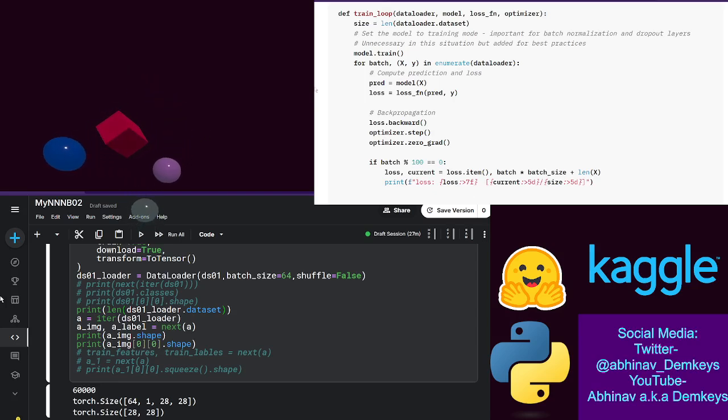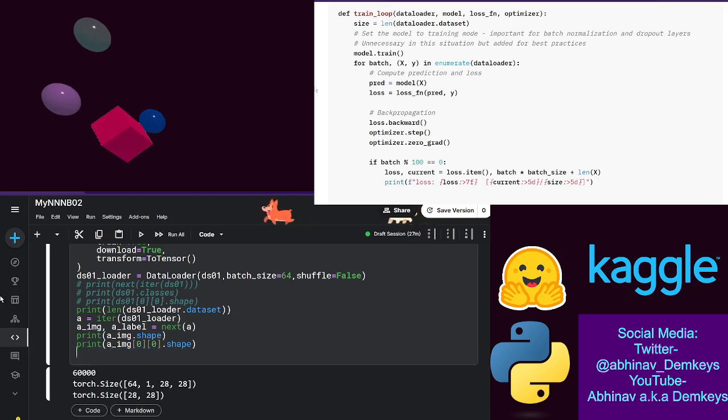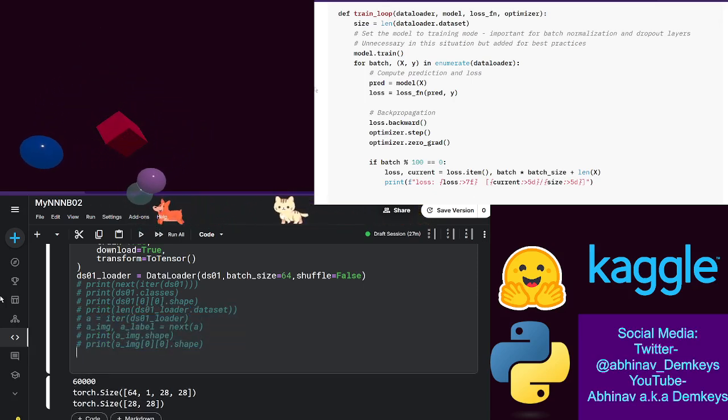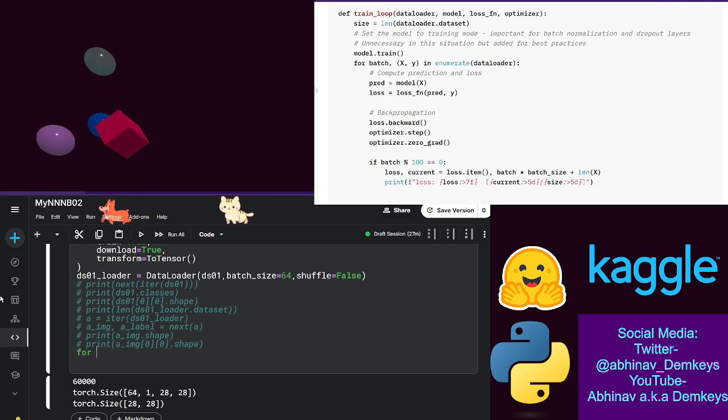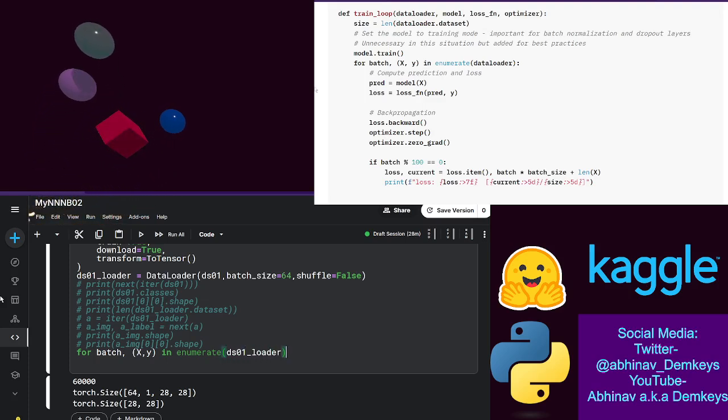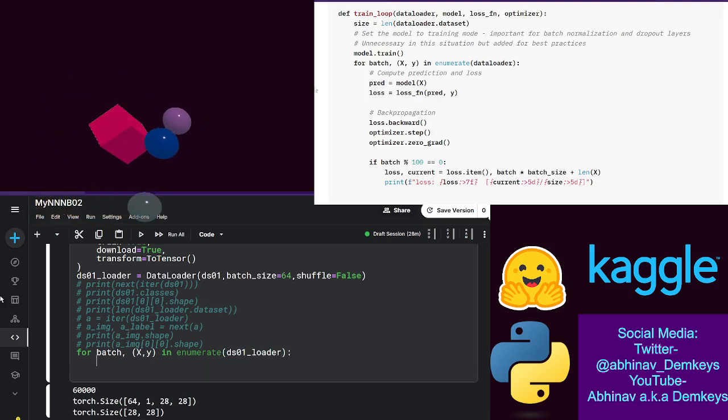Okay. So we have our data loader here. Let's try creating a for loop just to iterate over this. Okay, for batch and then x, y in enumerate ds01 loader. So from what I remember, the enumerate method gives you two, I don't remember the exact order,